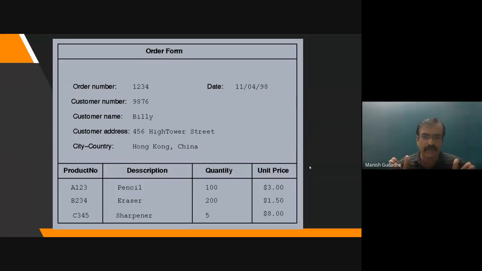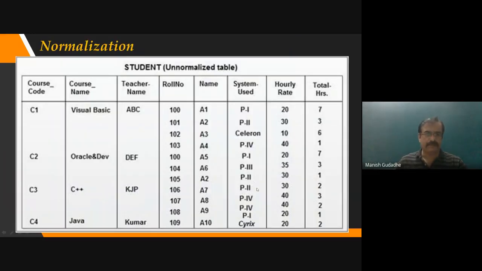So you may get this kind of structure if you are dealing with a layman who will be giving you some information. Or sometimes you may get this kind of information, where we are given a table which is quite readable. I can say what courses roll number 100 is doing. Is it readable? Yes, definitely.